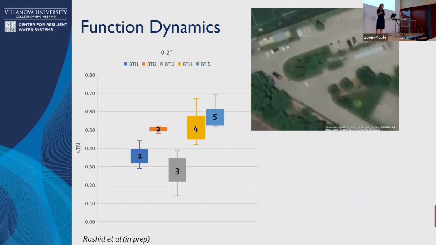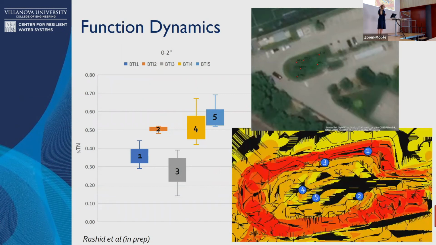So this is the BTI, and we applied this idea of where shear stress was high and low in the BTI using a model called iRIC and paired with ArcHydro. And in doing that, we were able to look at these 5 points here and see just in the top 2 inches where this is an example of our nitrogen, our total nitrogen percent, where they're high. And in the areas in the basin, 4 and 5, where the water sits, you have a hard backwater hydraulics there, then you're getting a lot of deposition.